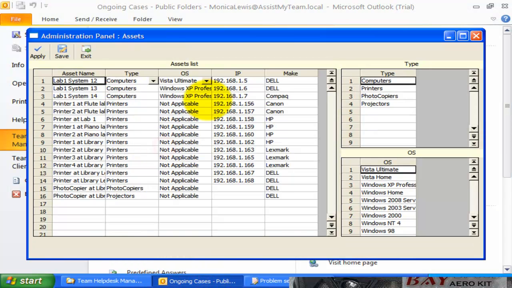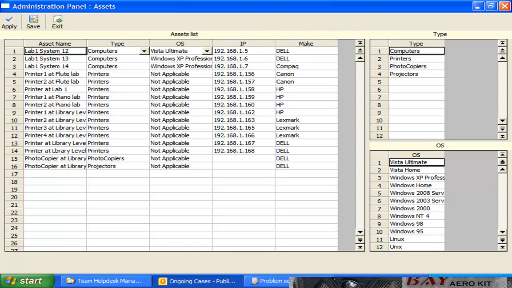Finally, let us take a quick look at the assets list. In an organization, an asset can be a network workstation, a printer, keyboard, or any IT resource which needs maintenance and support over a period of time. Due to this, the Helpdesk is a vital part of the company to get the most out of its IT